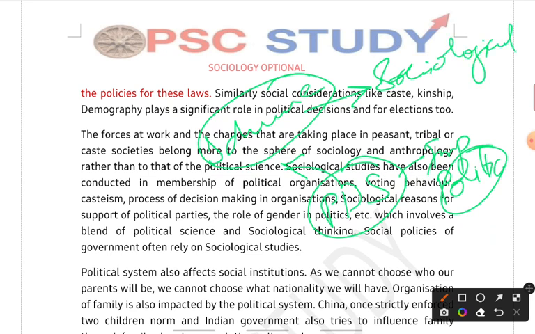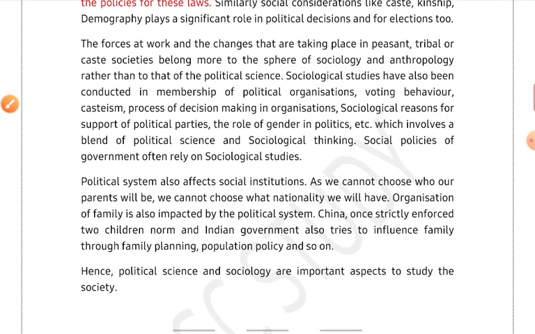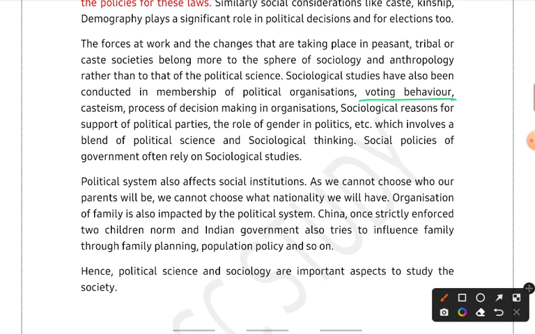So I guess you can now make a linkage, you can understand the link between these two disciplines, right? Over here the same thing is there, because sociology also considers the class concept. It will also consider voting behaviors, decision making in an organization, casteism, everything. They will try to understand that, and then based on that the government or the political authorities or political institutions will try to implement the scheme.